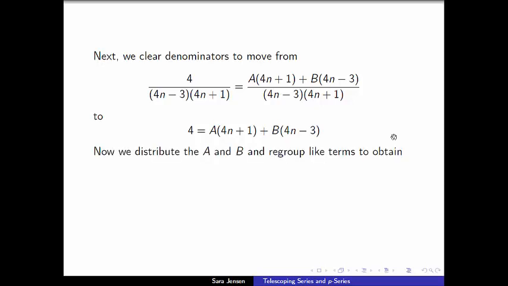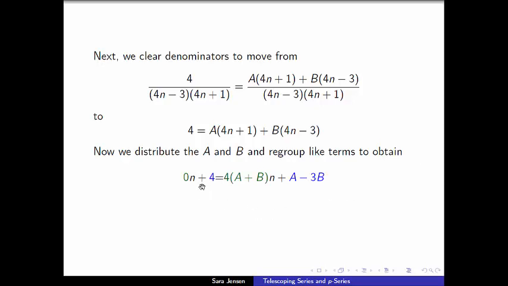Now the next step in our process was to distribute the a's and the b's to each of these terms and regroup our like terms to obtain this equation right here. And really, moving forward for the next step, I like to think of this as having colors, and I like to think of this equation more along the lines of this equation right here, where over on the left,